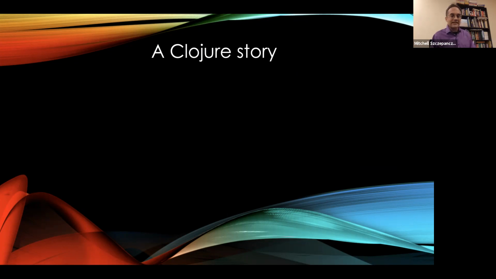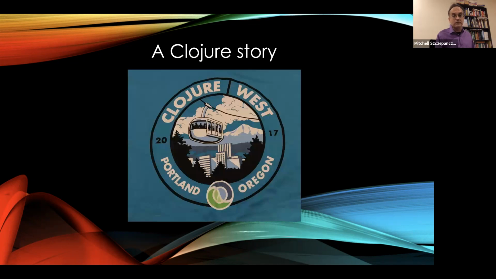So we got lucky, and in fact, there was a whole sequence of lucky breaks, not the least of which was one final lucky break related to Clojure West itself. The Clojure West in 2017 in Portland, Oregon was the last Clojure West. The conference discontinued after. If it had been discontinued beforehand, that would have been yet another possible break in this chain of lucky events that culminated in the book, this chapter, and the work that you're going to see in